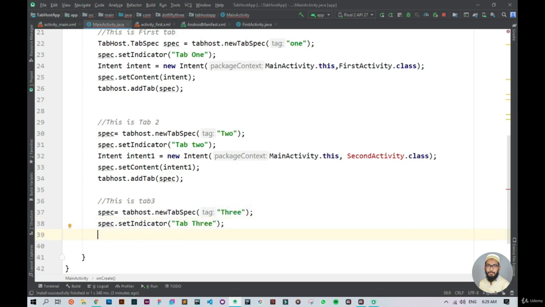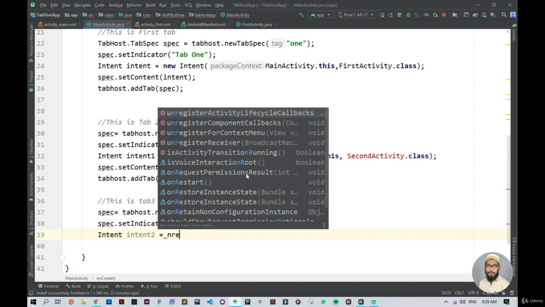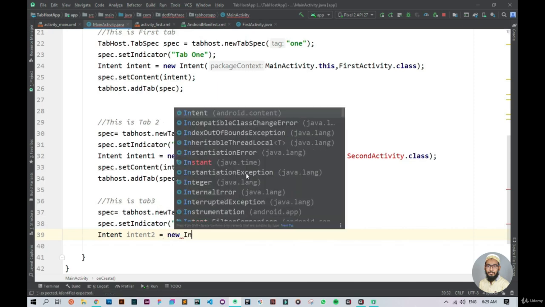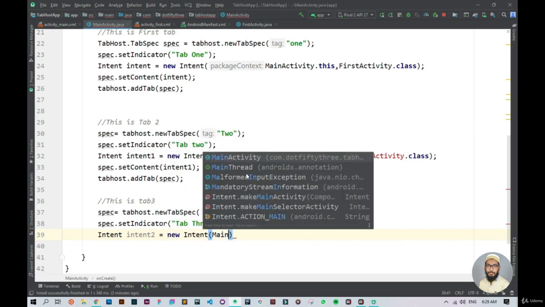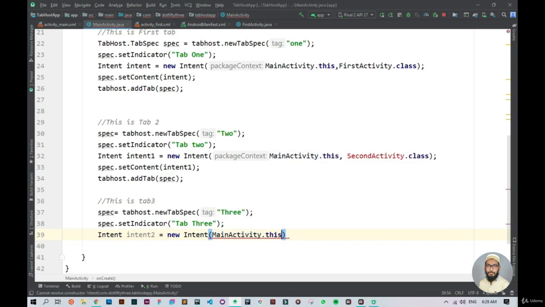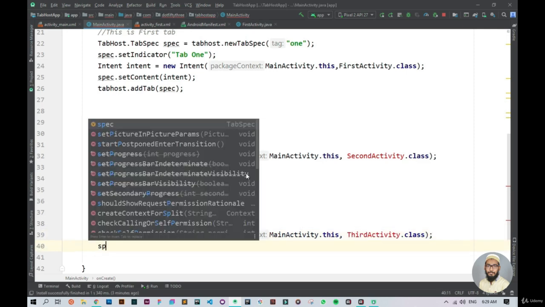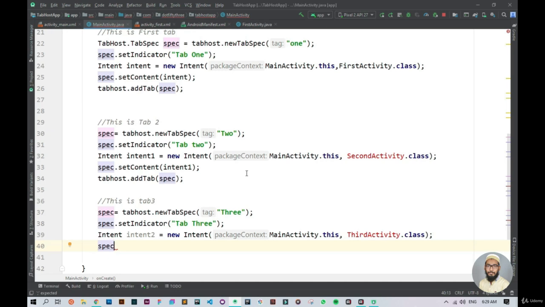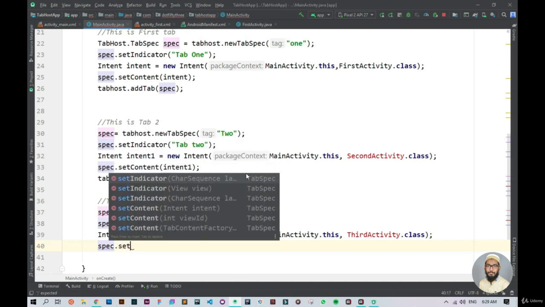And now let's just create the intent object for it as well. So I'll say intent 2 equals new Intent, and then I'll say MainActivity dot this, and then ThirdActivity dot class. Okay, so let's put the semicolon at the end, and now let's pass this intent object to the setContent method,